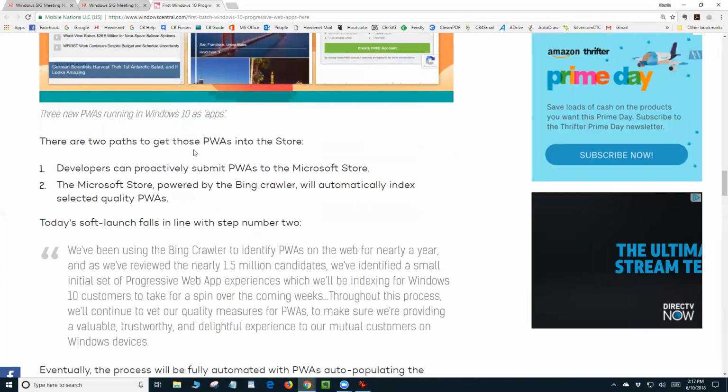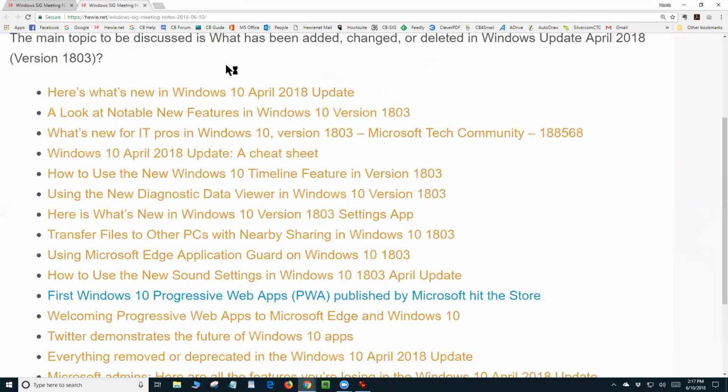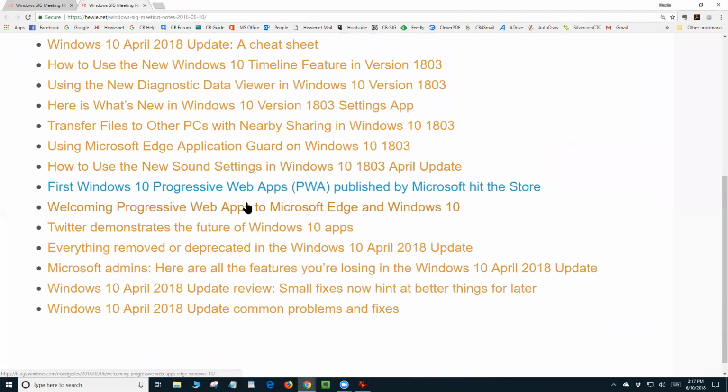There are two paths to get those PWAs into the store. This goes into if you want to create them, so I'm not going to go further with this. But that's another good article. This one's from WindowsCentral.com. There's another article on